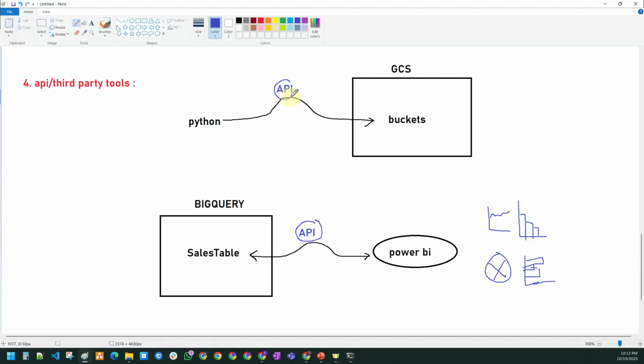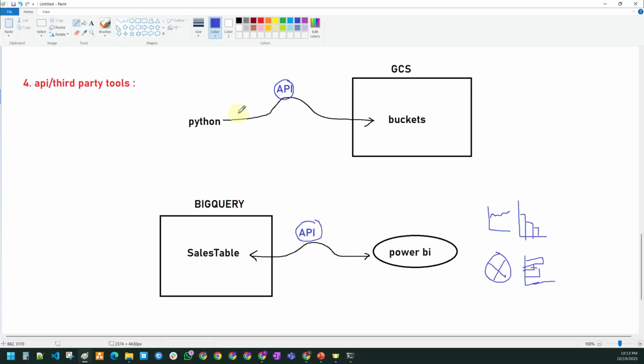Here also, API. So what is an API, sir? It is one of the interface methods, a programmatic interface method to interact with the GCP services. However, we connected to the Wi-Fi, to the internet. What is Wi-Fi, sir? If you ask me, it's a network, right? So what is a network, sir? We don't know all of those things, right? We don't know what Wi-Fi is, we don't know all of those things, but still we use it. That's one of the network methods to interact with the internet. The same thing here also. It is an API, application programming interface, to interact with the GCP services.